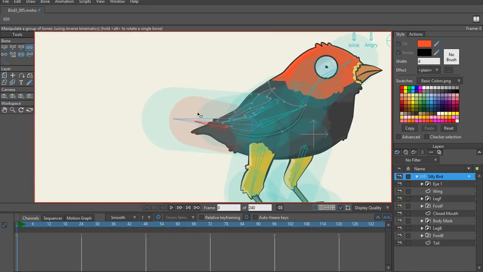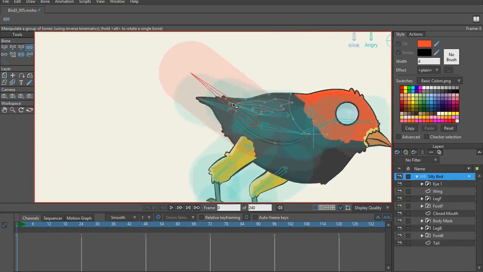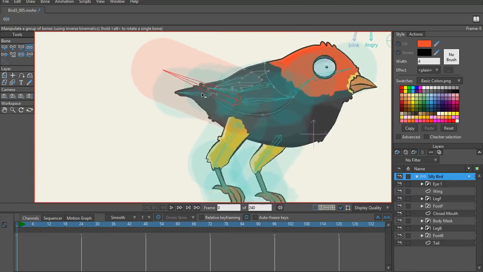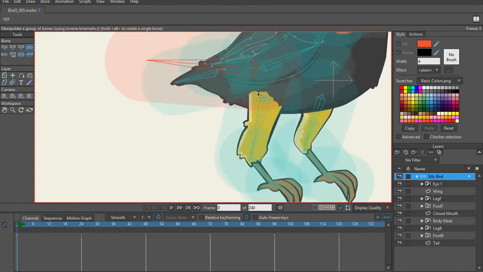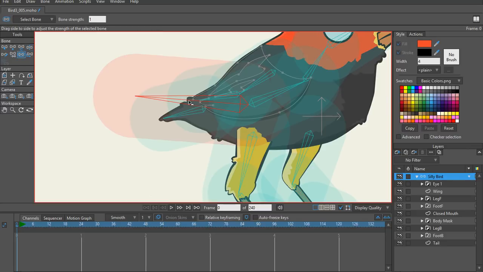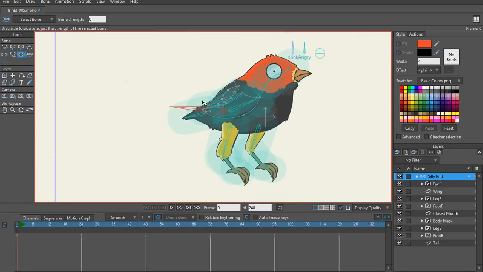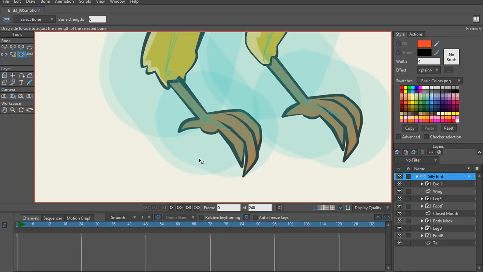As you can see, the eye is kind of bobbing around in his head. That's because I still need to do a lot of binding right now. So I'm going to take the strength completely off my root bone. There doesn't need to be any strength on that because everything else is going to be parented to that root bone. If I go into the feet here, the next thing I'm going to do really quick is I'm going to create a